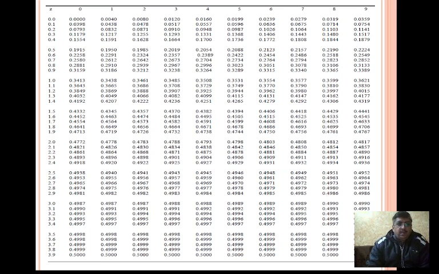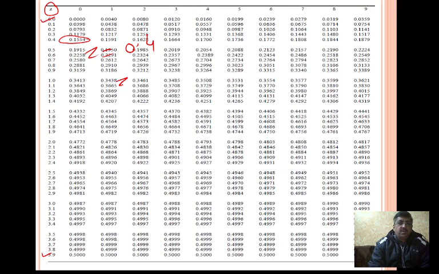So you don't have to worry, it's all very easy, and I'm here to make things very easy for my dear students, right? This is the value of z, you can see. These are the values of z ranging from 0.0 to 3.9, right? And this is the second decimal place. Here you can see the values are given like 0.4. This 0.4 is the first decimal place, and here you can see that 0, 1, 2, 3 and others are given. So if you want the value for, for example, z equals 0.4, then 0.4 is here. So you have to use this value.